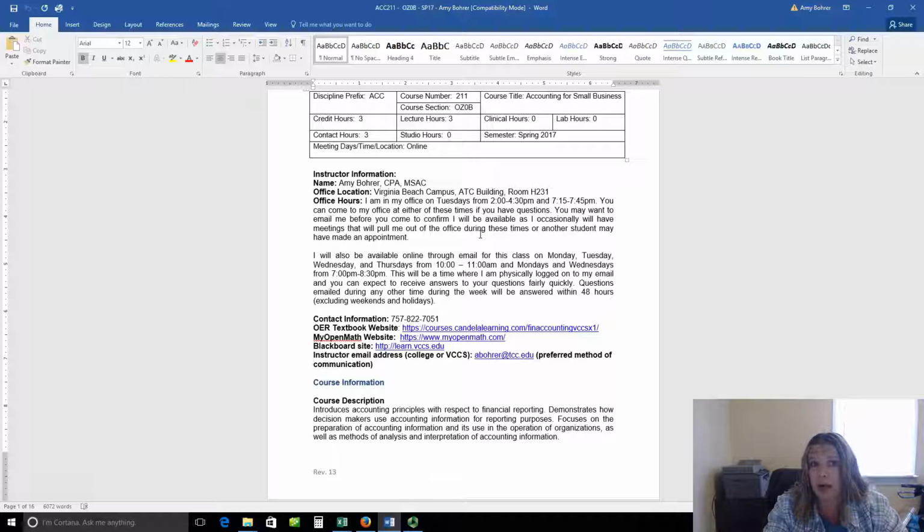but typically it's within a couple hours, because I get my email on my phone, so I am checking it constantly. But if you do email me on the weekend and I happen to not be anywhere where I have access to the internet, I will respond to all emails sent over the weekend by Monday at 11:59 p.m. Most of the time it's way earlier than that. So if you have a question on anything, the easiest way to get to me is through email.